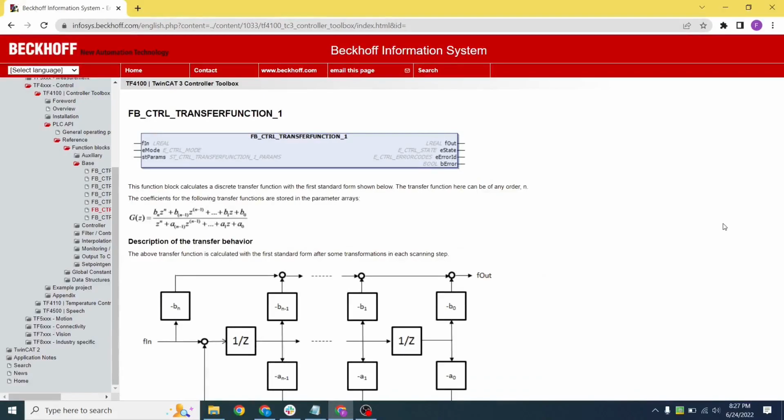Today we'll simulate a dummy process on TwinCAT using FB transfer function 1 from the TC2 controller toolbox library. We will excite the system using a frequency sweep signal and record its response using TwinCAT Scope. Finally, import the data into Matlab to perform system identification and compare the identified model with the true model defined